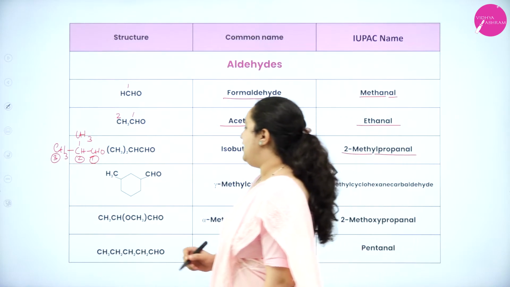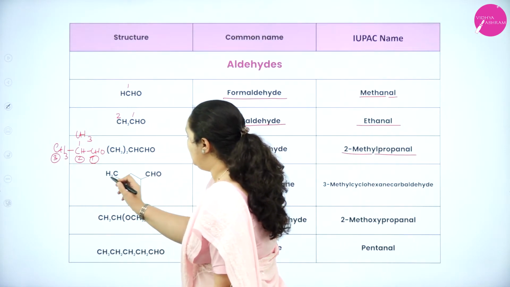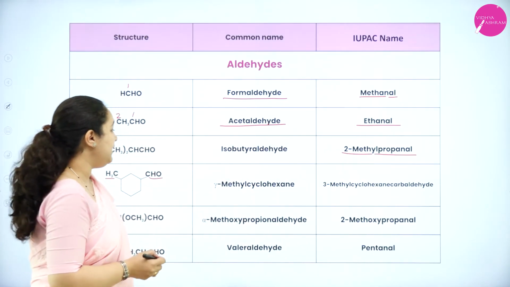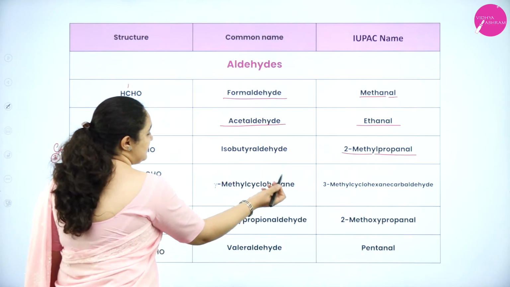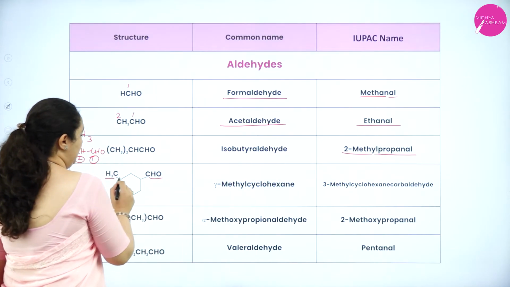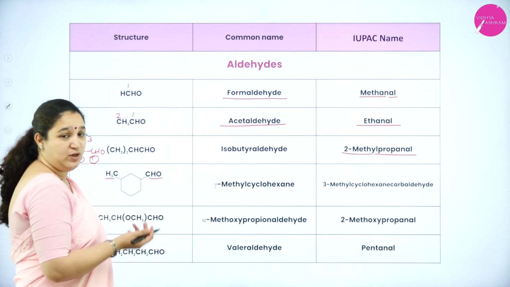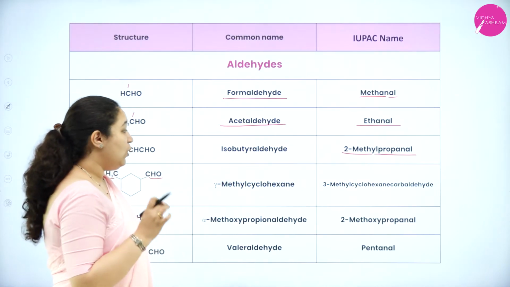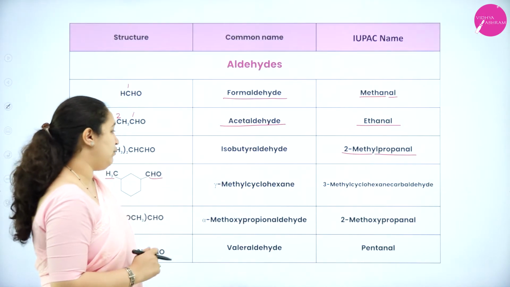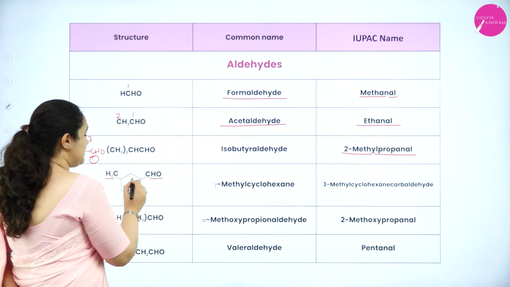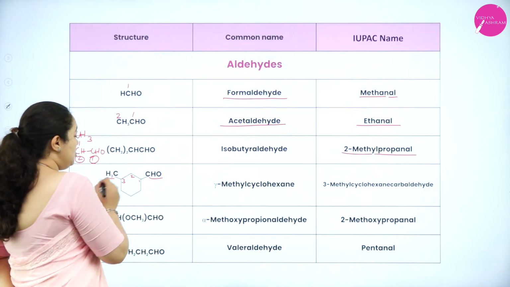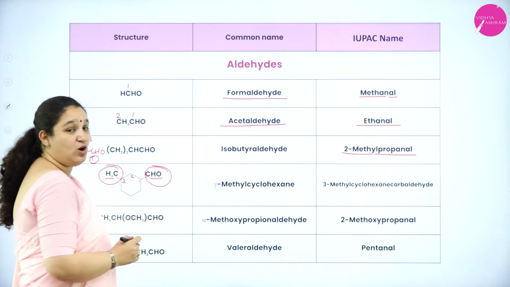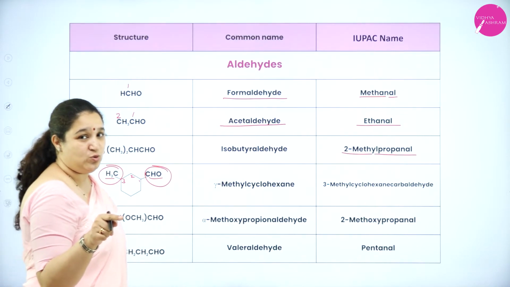Okay. Next one, you have a cyclohexane to which you have a CH3 group and the CHO group which is present. So the common name is gamma methyl cyclohexane. So this is cyclohexane, 1, 2, 3, alpha, beta, gamma they have put, and they have written it as gamma methyl cyclohexane. Okay. But what will be the IUPAC name? That's more important for us. So this is the first carbon atom, second, third. So the third carbon atom has got the methyl group. The first carbon atom has got the carbaldehyde group. Correct?